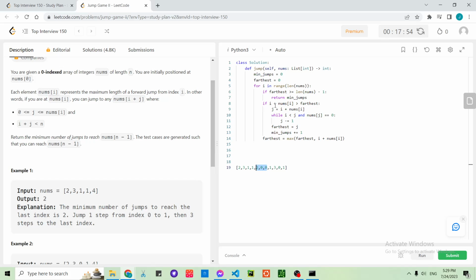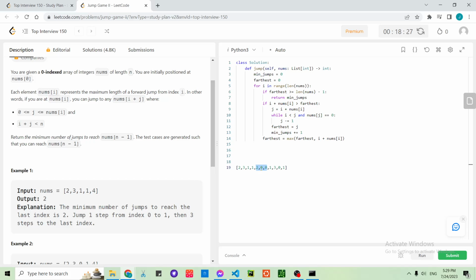So first we were there, then we decrement, and then we have 0 again, we decrement. And now we are out of the while loop, and we should actually stop now because there is nowhere to go. So on the next round